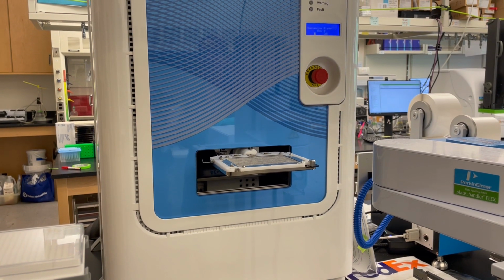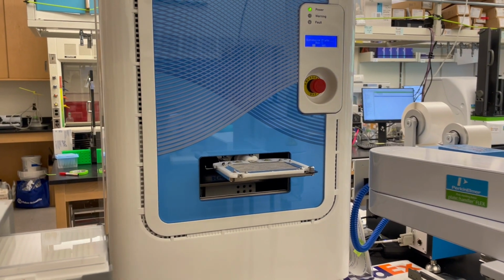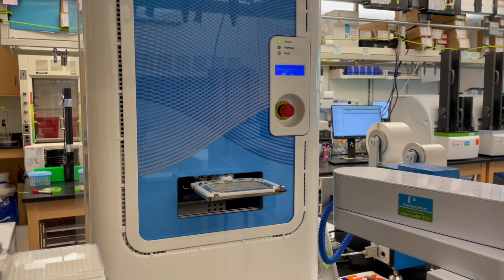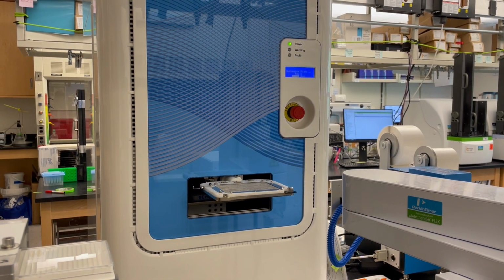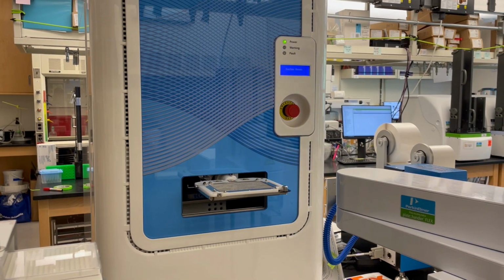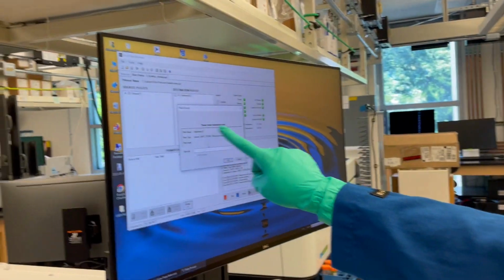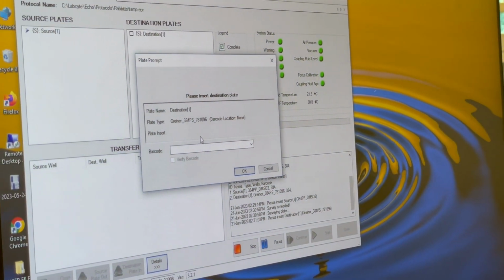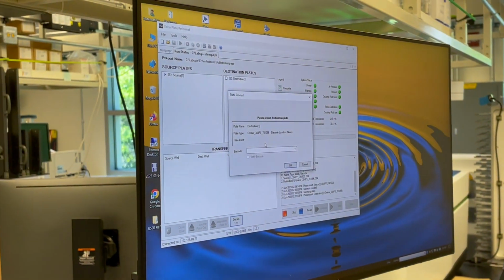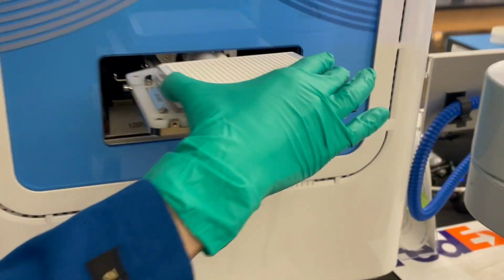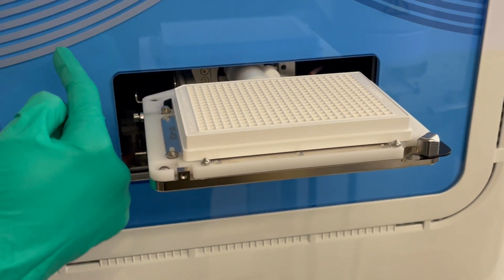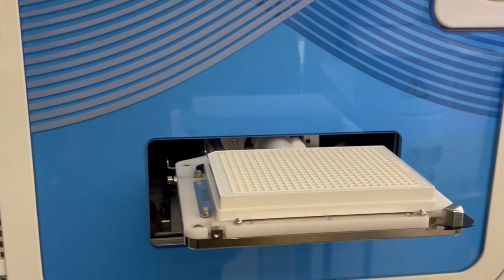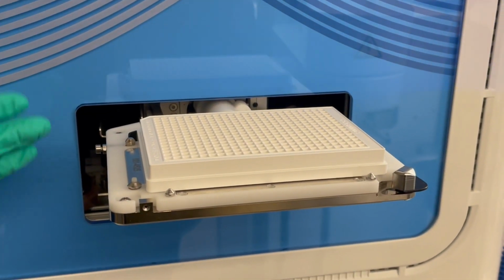It opens the next holder that's going to be for the destination plate. So now the software is telling us, please insert the destination plate. Over on the software, it says, please insert the destination plate. Now we're ready. So again, it goes in the holder with A1. It's the top left if you're facing the instrument, or if you're standing to the side here, it's your front left.